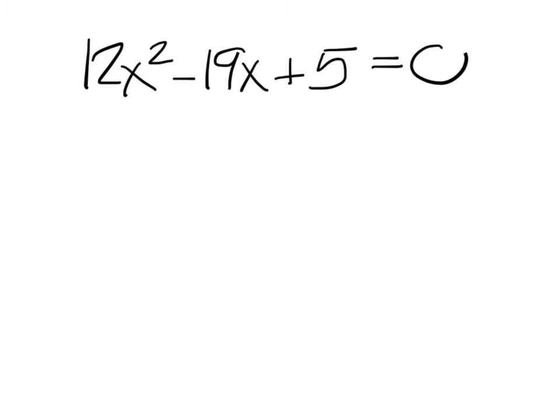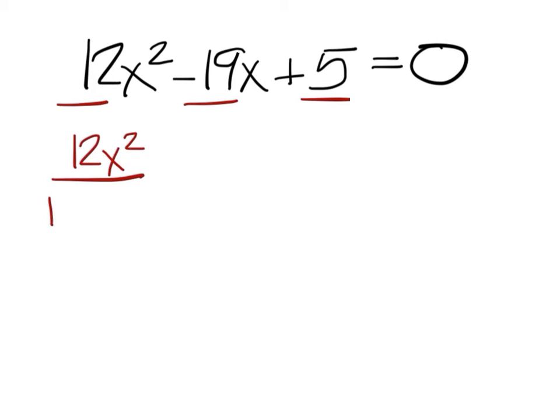Here's another practice. This one is 12x squared minus 19x plus 5 equals 0. For the practice problem, is there anything that comes out of 12, 19, and 5? No, so we have no choice but to break up 12x squared as 12x and x, or 6x and 2x,